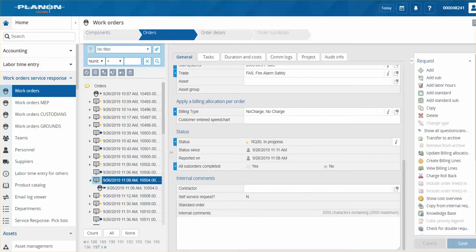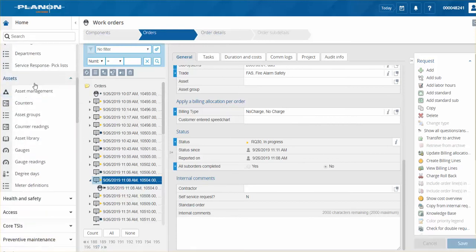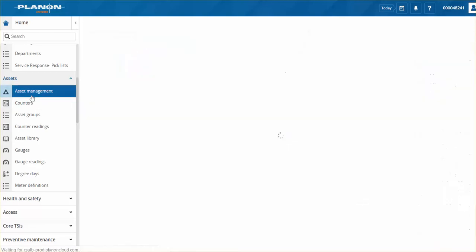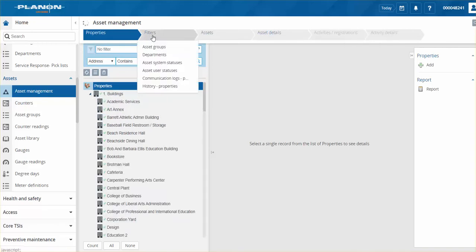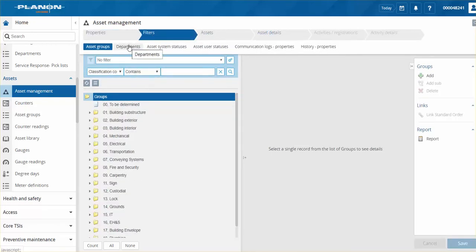Working with assets. We have two types of assets, and to get to the assets, first of all, we just go to our assets menu and we go to assets management. In here, you don't select anything unless you want to see only assets for a particular building, or assets for a department, then you select something here. Otherwise, you leave this alone. You go to assets,